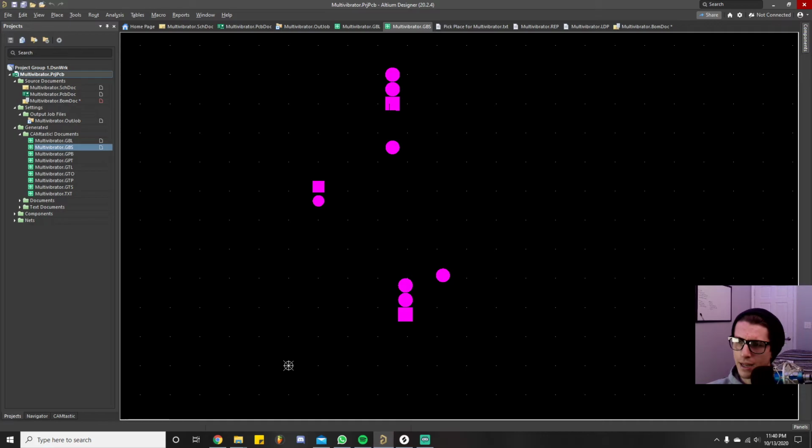I think these are pads, right? These remind me of the pads. They might be through holes. But I don't know what this middle one is. Or that one. Oh, these are vias, right? Because we made 2 vias. Yeah. So these are all the holes. I don't know, I think the